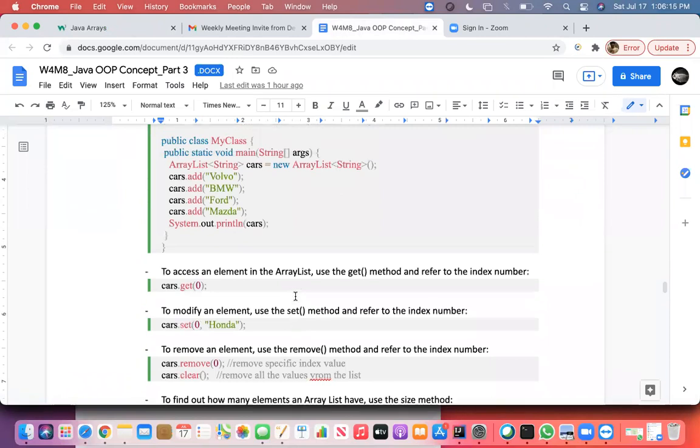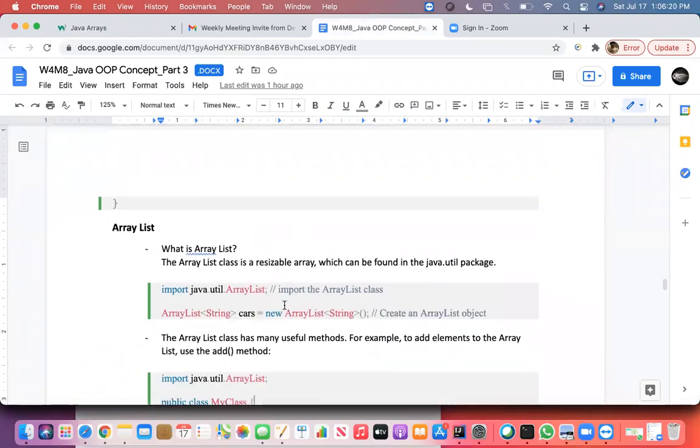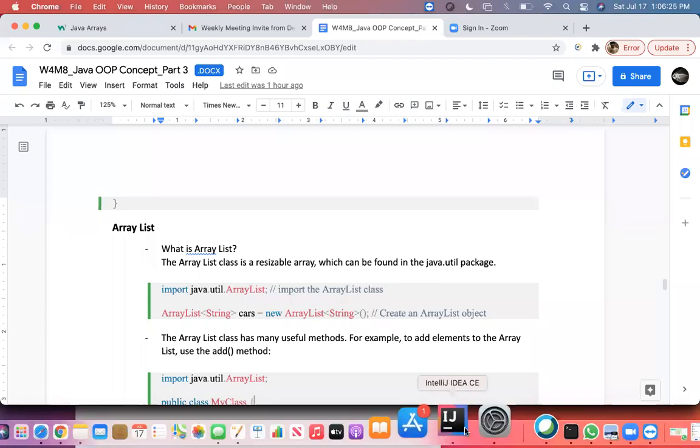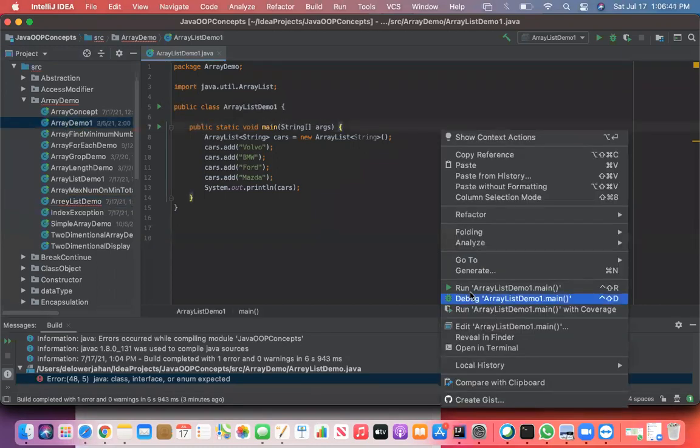So, array list. I'm just checking if I did something wrong. So I imported utilities, right? Array here, demo. Okay, class demo1. So I'm right now here. So if I run this,